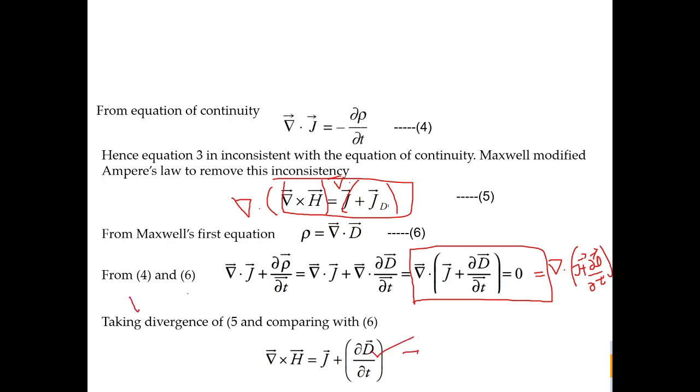That is the actual form of Maxwell's fourth equation, and you can see that it's very consistent with the equation of continuity. So instead of having only J, we have another term here, del D upon del T, which is the displacement current, which happens due to change in electric flux